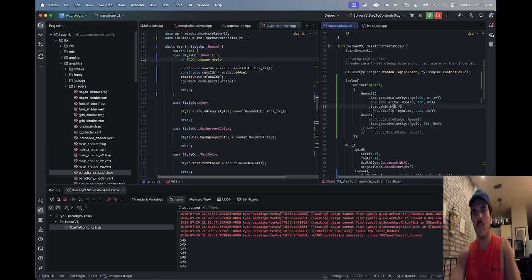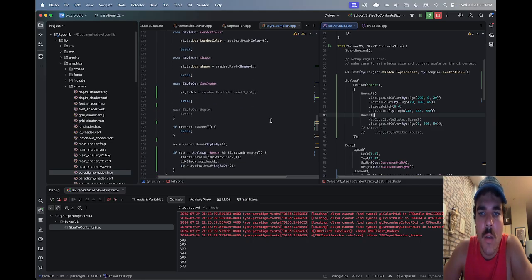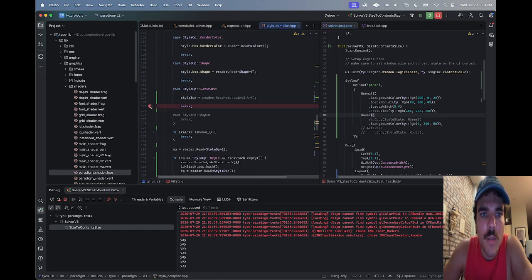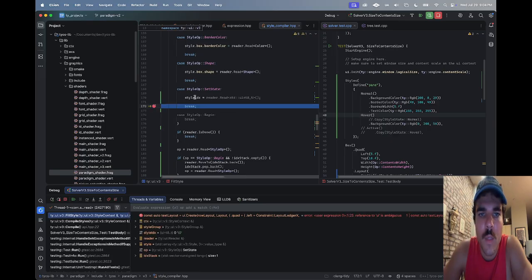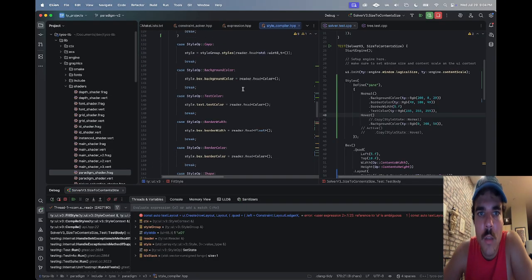Well, that's not supposed to happen. Yeesh. All right, so we should get set state twice. Let's see what happens. Set state 0, set state 1. Okay. Then the background color should be